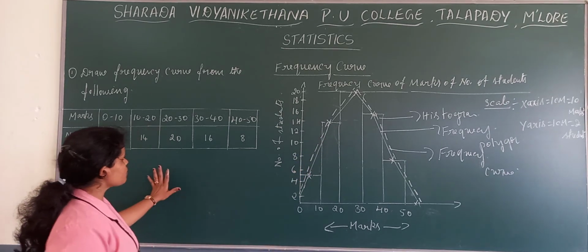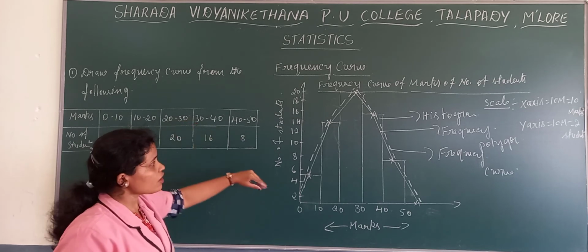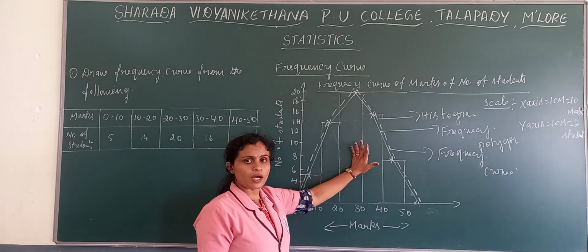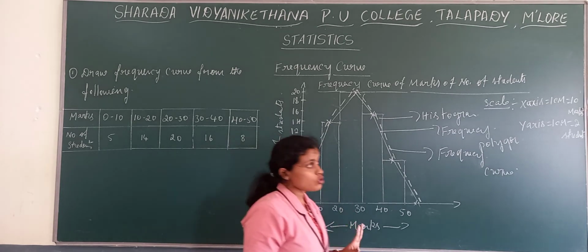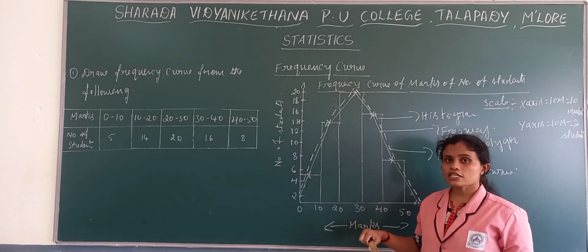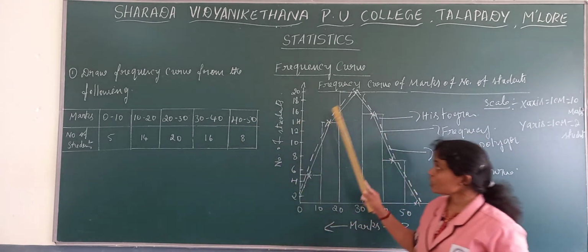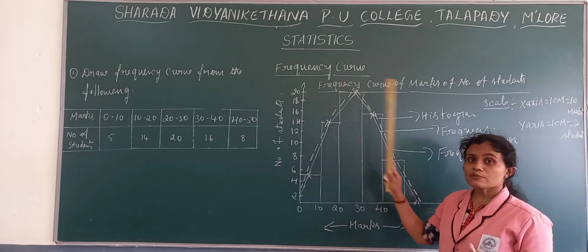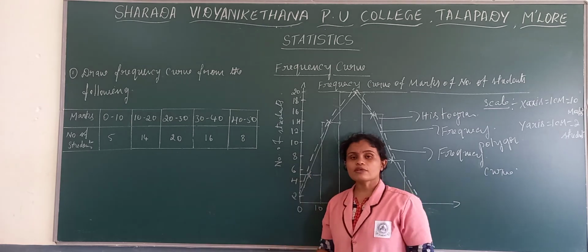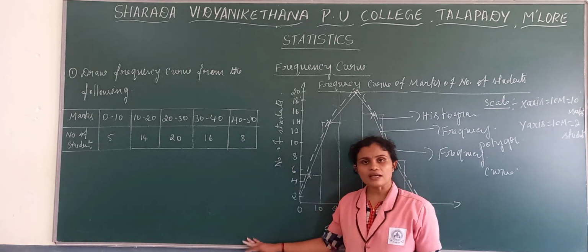Here there are only two possibilities, as I said: the first one is only a frequency curve, the other is to draw a frequency polygon, histogram and frequency curve. So with this we completed the frequency curve as well as the frequency polygon, which are more or less similar. Next, one more graph is remaining, that is ogives, which we'll see in the next session.